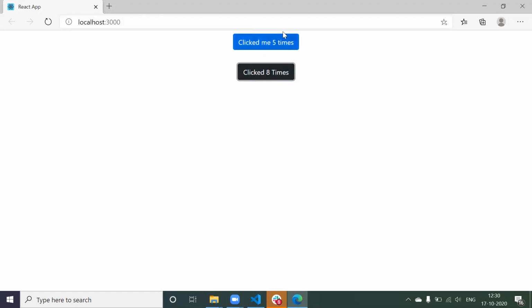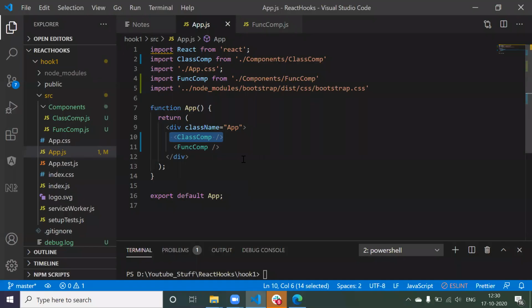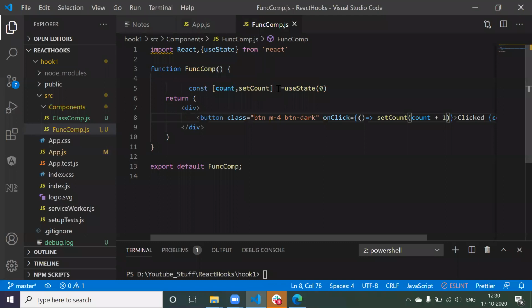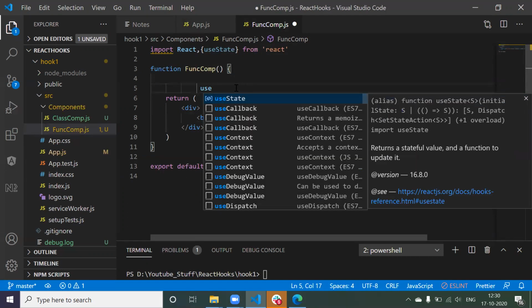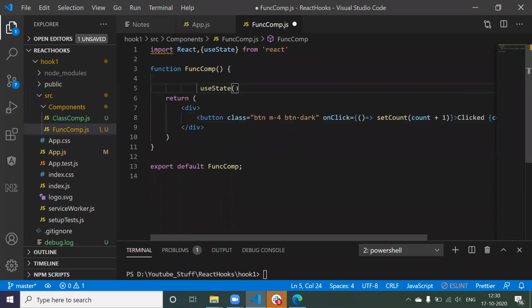It means you can maintain state in the functional component using the useState hook. So what is the syntax of useState? It's very simple. useState is a function. Let me tell once more time. So first of all, if you wanted to use state, first of all you have to import. So this is the way how we import, and this comes from the React library. Okay, now useState is a function. So just define useState as a function. Now this function is going to take one argument, and that argument will be your initial value of the state.